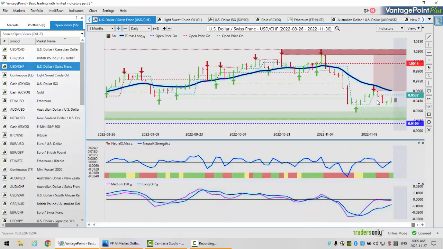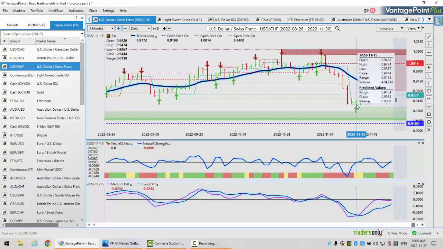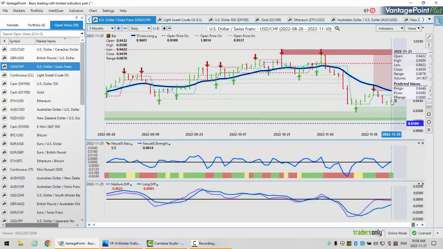Now, the US Swiss franc, again, basically a dollar index trade is more or less what this is. So right now we're failing here, but we're starting to recover somewhat. The structure of this is we're above the yearly opening price, but we're below the weekly, excuse me, and the monthly opening prices.